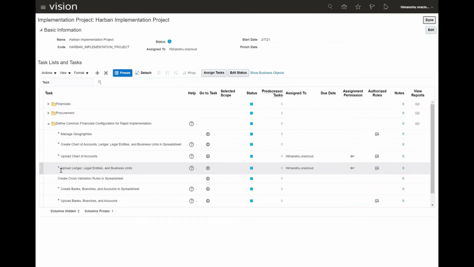These three steps are what we're going to do. And you can also see information available here to upload the bank branches and accounts through the spreadsheet utility. So the very first part we have to do here is create chart of accounts, ledger, legal entities, and business unit in the spreadsheet. So as we click on go to task,